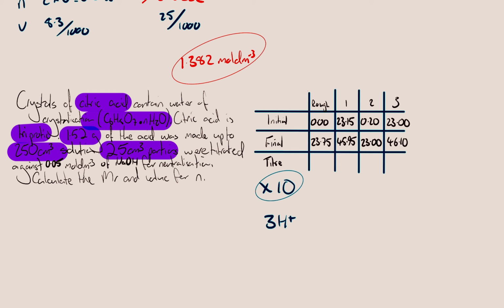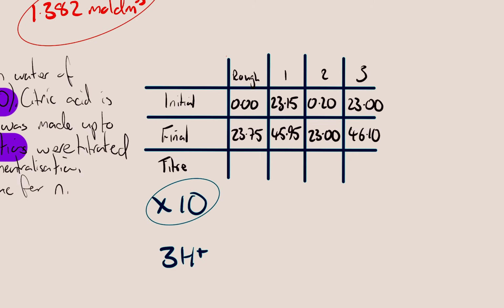And these are titrated against 0.05 moles per decimetre cubed of NaOH for neutralisation. And we've got this that shows us that. So let's start off with that. So my rough titre, I need to subtract my initial from my final, so I get